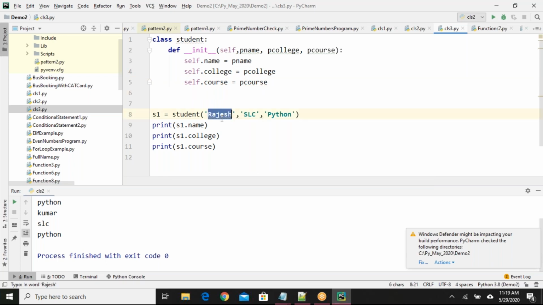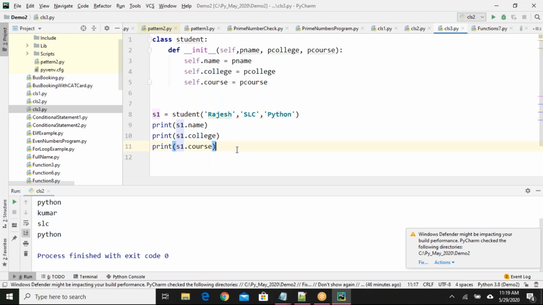So this Rajesh will be assigned to p name, SLC to p college, Python to p course. This self means this s1. S1 is the object, or you can consider it as this. So self dot name equals p name, self dot college equals p college, self dot course equals p course. So all the values are assigned here.